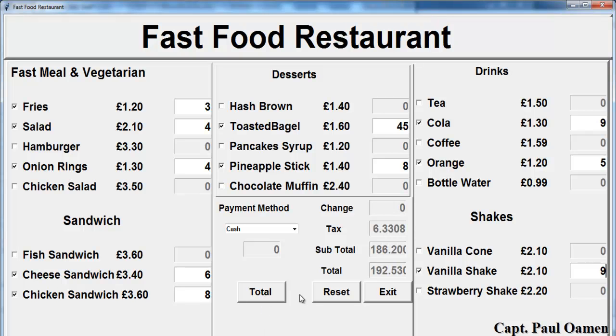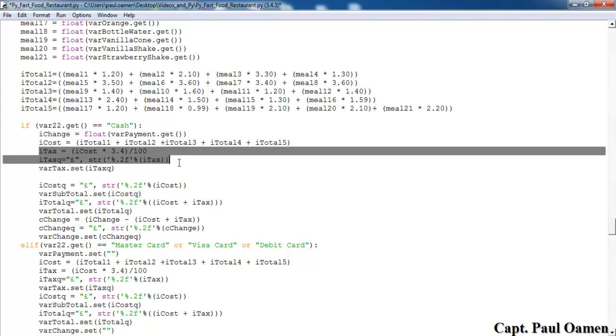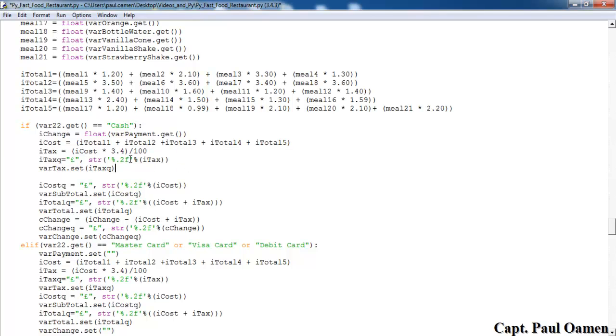We have our tax. This plus this give us this. Okay, we now need to format it to £. Let's take care of that. Okay, this is how it all looks now. I've formatted the whole process to £. You can see it right here, there, and the subtotal is formatted as well,